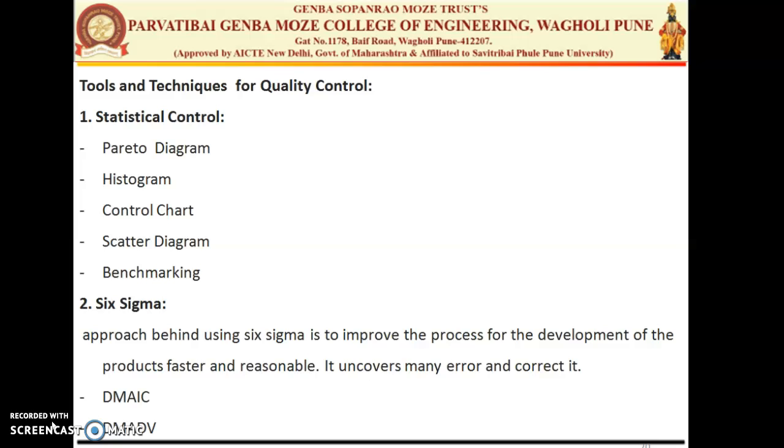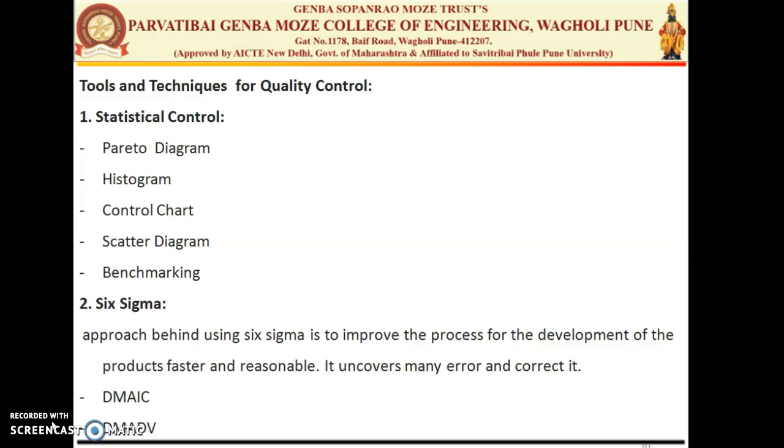In the exam you usually draw the histogram if you have to calculate mean, mode, median. So we just have the histogram in that. You can take the example from this. Then the third one is the control chart. Control charts are used to determine if processes are in or out of statistical control. The control chart always measures if the processes are in statistical control or out of control. Most processes experience a degree of normal variation. We have variation in statistics also, so that is measured under the control chart.